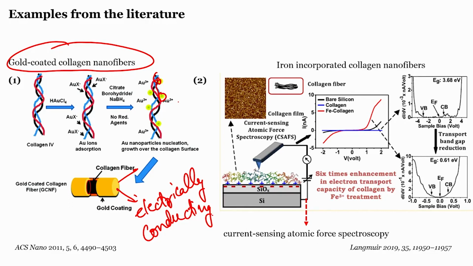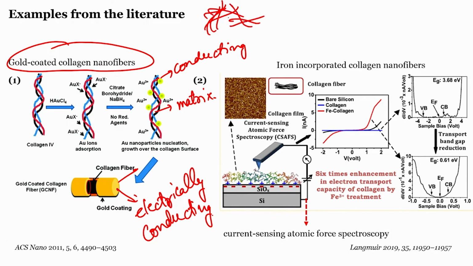And what type of electrical conduction was found here? So if you see the structure more carefully, these gold nanoparticles are the conducting domains, and this collagen is the matrix or the base. Now if you imagine such collagen bundles in the entire matrix with such gold particles,